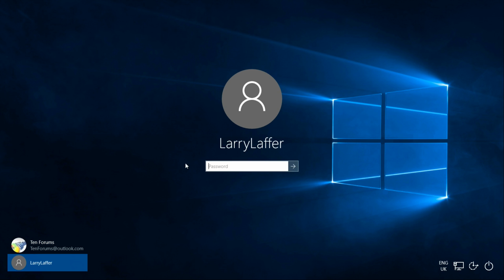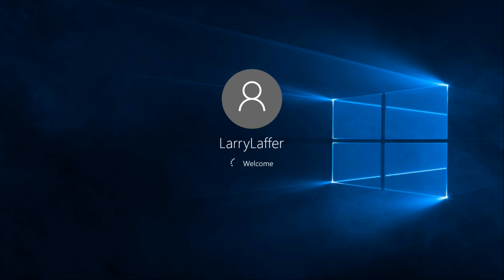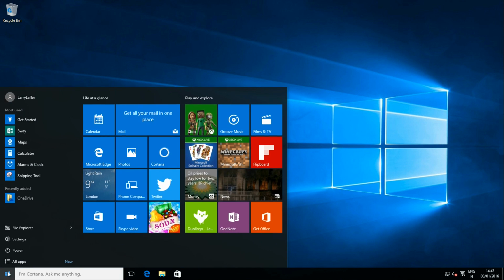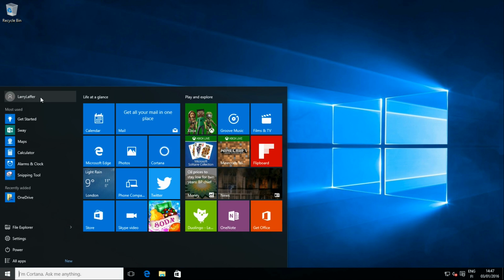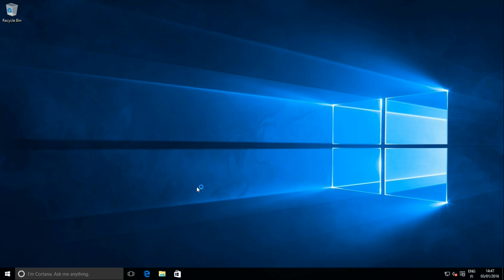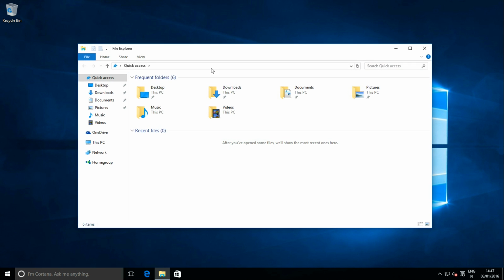After the restart, the system is showing my new username. However, checking the users folder and my user profile, I can see the profile name is still Kari.